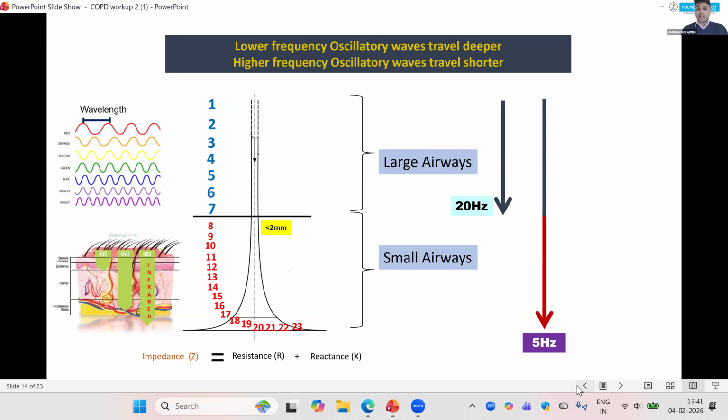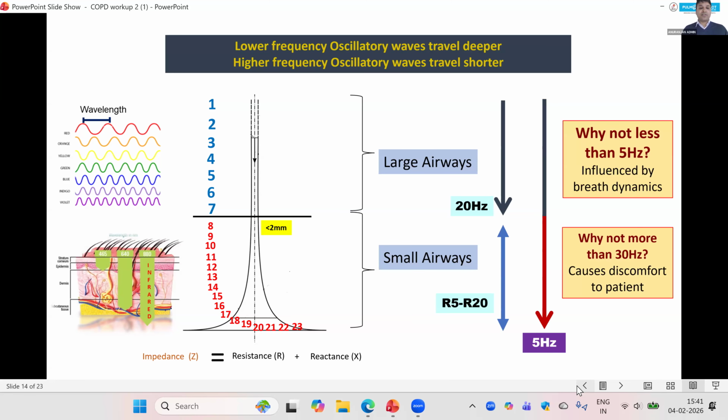When we subtract the resistance at both of these frequencies, you will be able to understand whether there is small airway disease or not, and you will get the resistance R5 minus R20, which will be helpful in COPD patients as well. So this is one of the